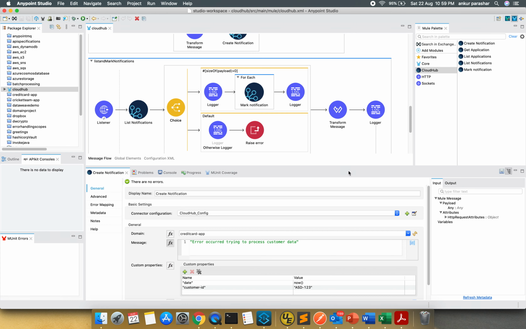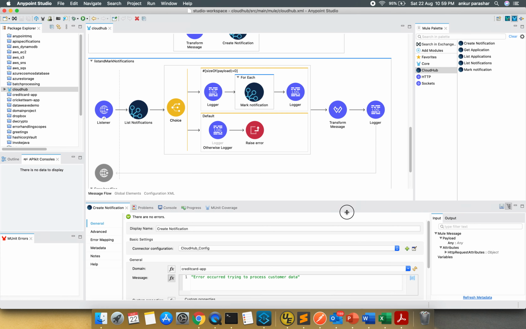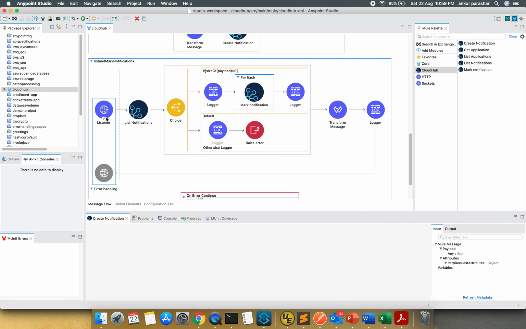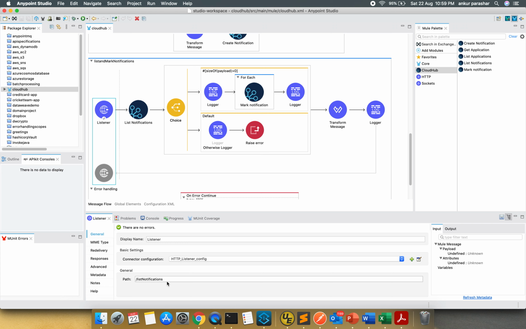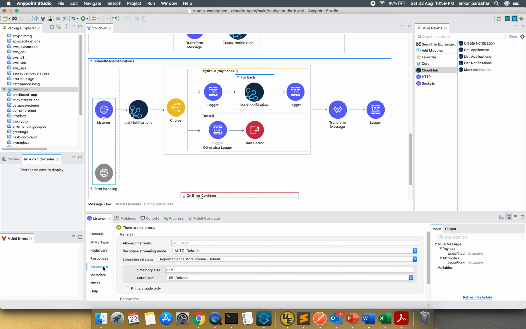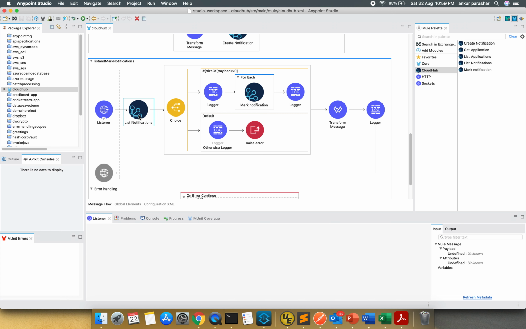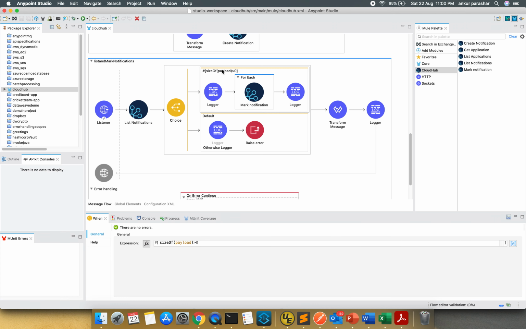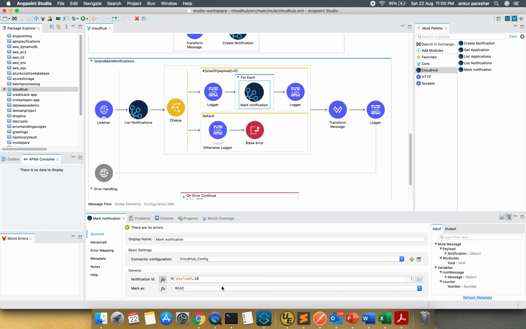Now the last part of this particular use case is about list and mark the notification. So what we are going to do is initiate this list notification operation, and it is GET in nature, and we will first list all the notifications which are active on this credit card app. After that, if it returns any payload or the size is greater than zero, then it is going to mark that notification as read.